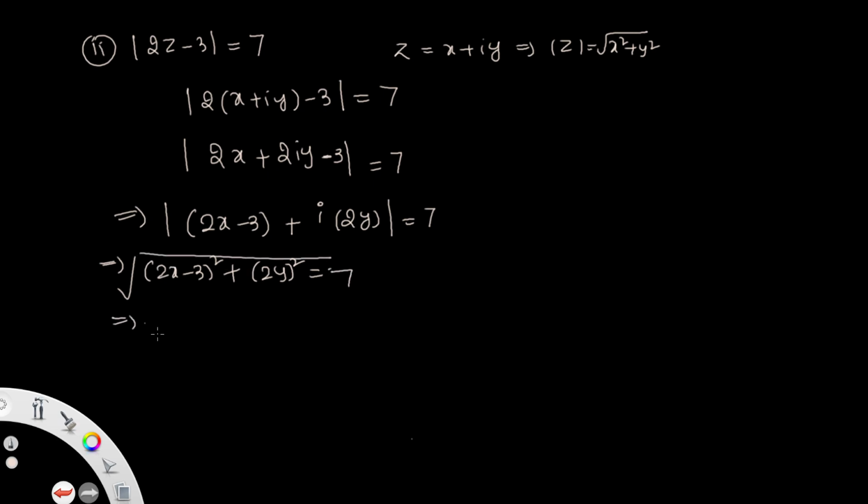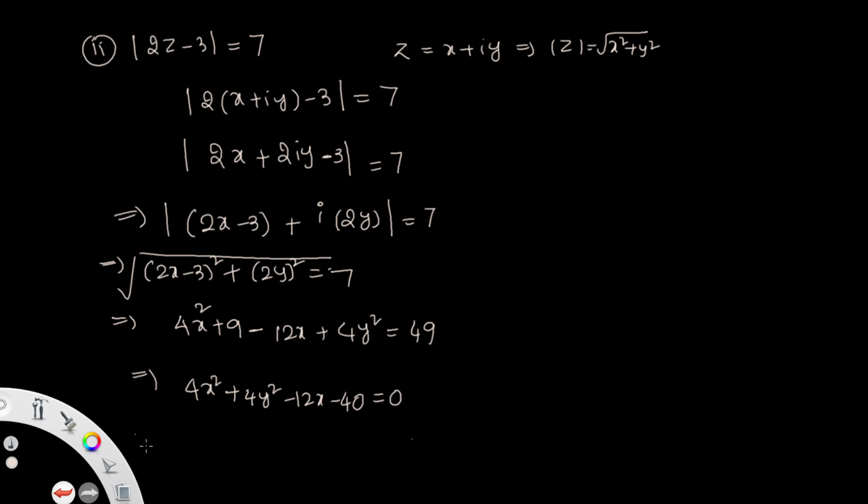Now simplify, squaring on both sides: 4x square plus 9 minus 12x plus 4y square equal to 49. Write in order: 4x square plus 4y square minus 12x minus 40 equal to 0. So 4 is common, then you get x square plus y square minus 3x minus 10 equal to 0. This is the equation of a